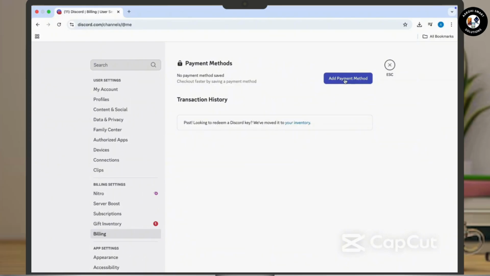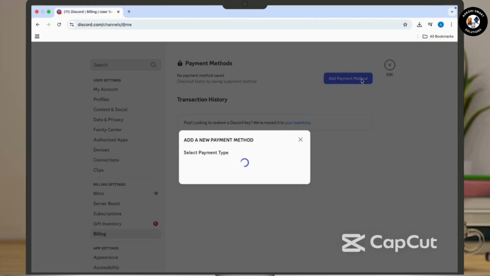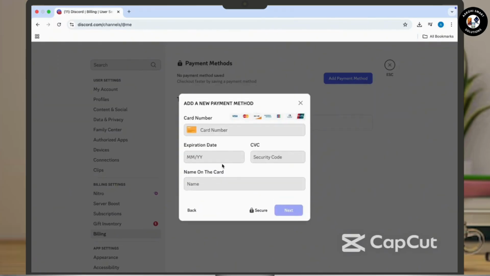Then inside add payment method, you will get to see two options available, credit card or PayPal. Tap on the credit card. Then all you have to do is enter your card number, expiration date, CVV code, billing zip, and postal code. Then your card is now added for purchases like Nitro, Server Boost, or